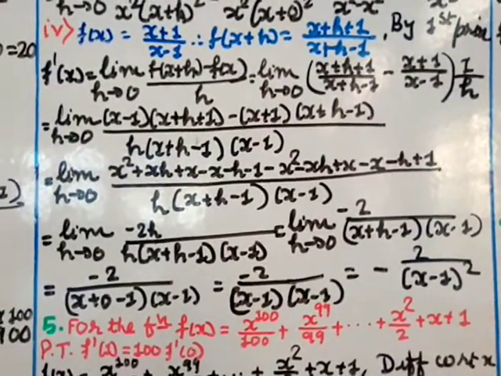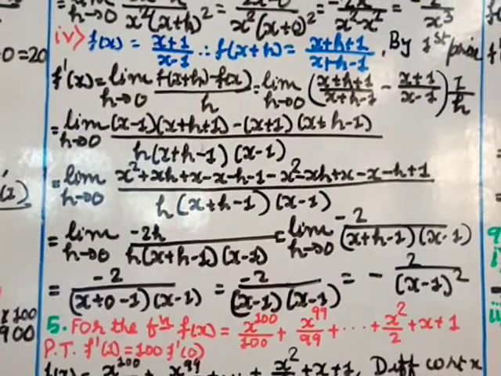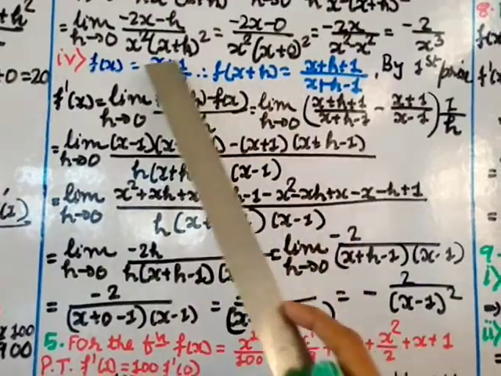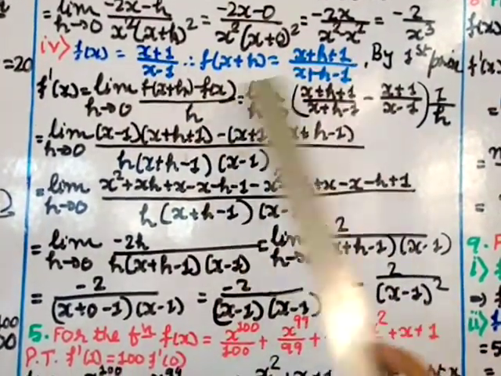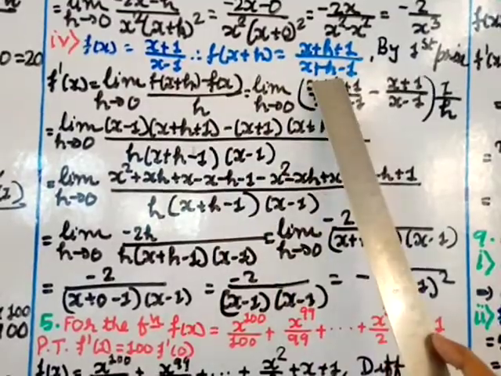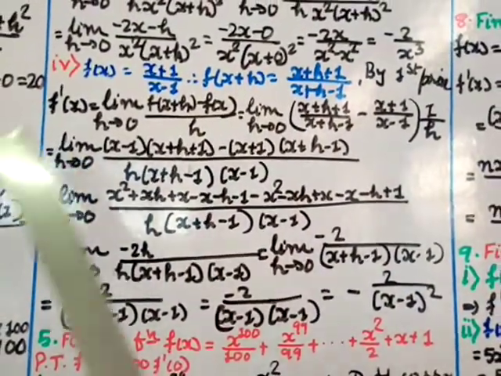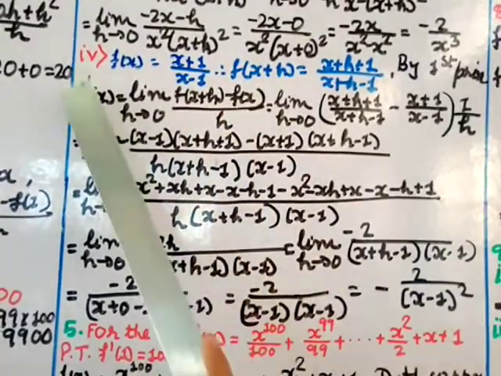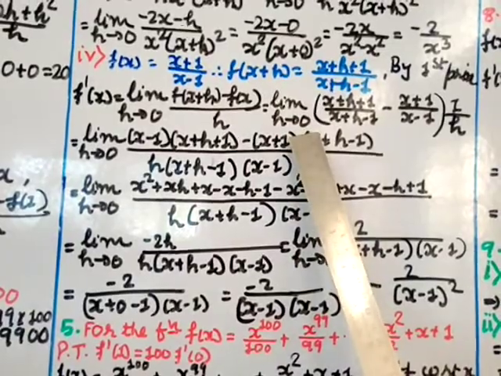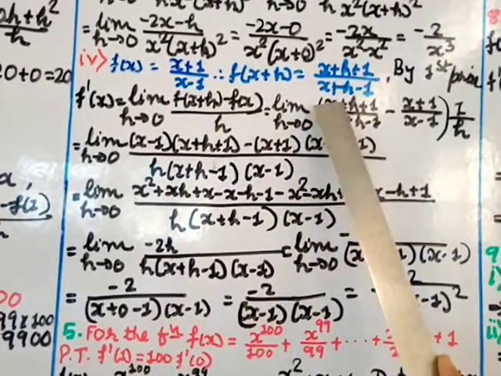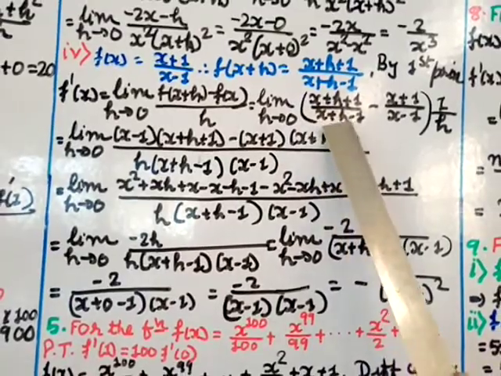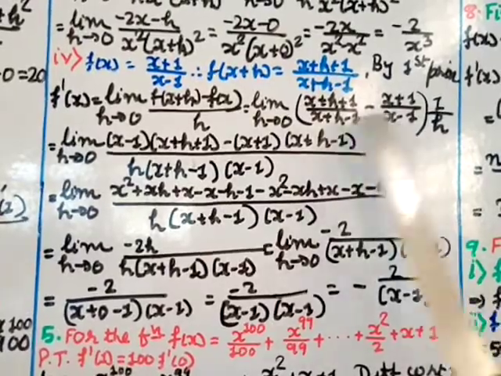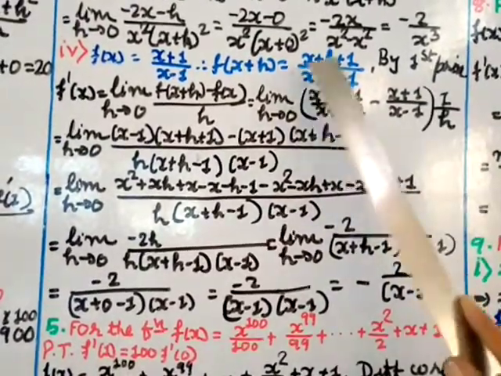Roman number 4, f(x) is equal to x plus 1 divided by x minus 1. So we write f of x plus h, instead of x you put x plus h, so equal to x plus h plus 1 divided by, instead of x, x plus h minus 1. Now by first principle of definition, f dash x equal to limit h tends to 0, f of x plus h minus f(x) by h. I am writing the formula, equal to limit h tends to 0. Let us place the value, this much, that is x plus h plus 1 divided by this much, x plus h minus 1, minus f(x), that is this value, x plus 1 divided by x minus 1, and the denominator is h, that I am writing here as into 1 by h.